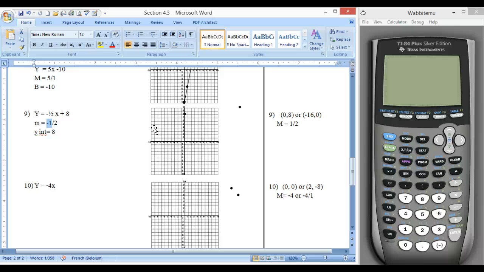Well, rise means I need to move up or down, right? So in this case, I'm going to move down one spot here. And then the run was a +2, so I need to move 2 places to the right. And you'll notice that even though it was a negative, all of these you'll be moving to the right because you don't have a negative on the bottom of a fraction. There we go. So now I connect these two,